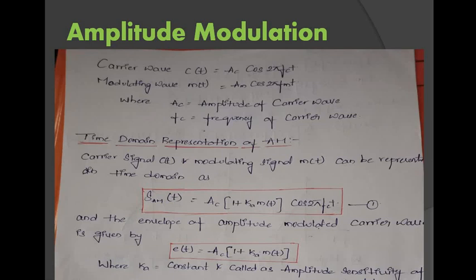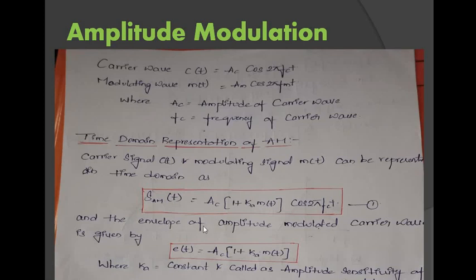So here the time domain representation of your AM wave is given as Sm of t. See this Sm of t, why I am giving it as the modulated signal? It means I have modulated, that is, I have combined both the analog carrier signal as well as your message signal. So Sm of t is equal to AC of 1 plus Ka m of t into cos 2 pi fct, and this AC is nothing but your carrier signal, and Ka is a constant, I'll tell you what that is. Then m of t is your message signal into cos 2 pi fct. So you have superimposed, meaning you have modulated your carrier signal and your message signal. See, both we have got here, correct?